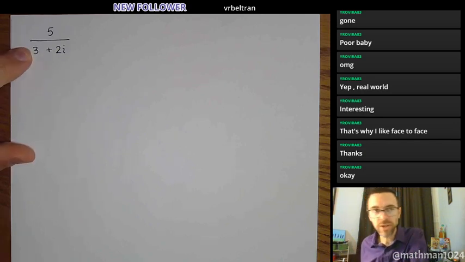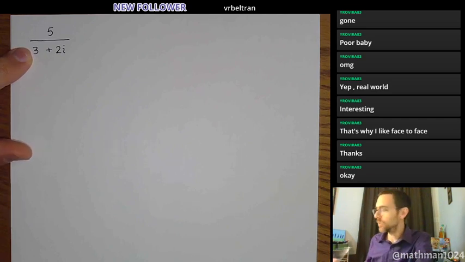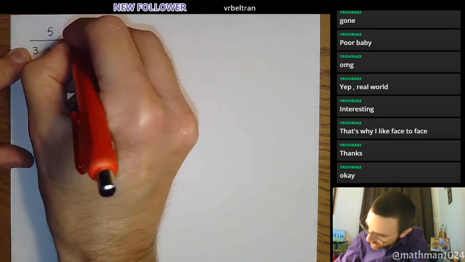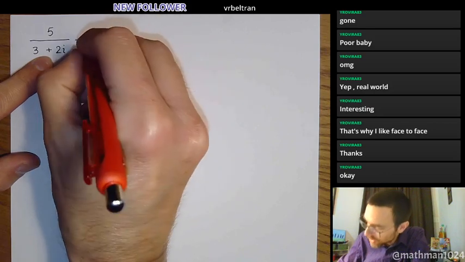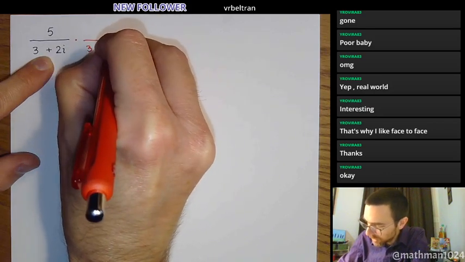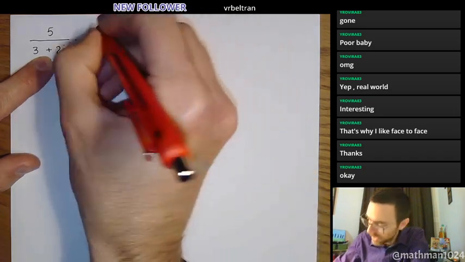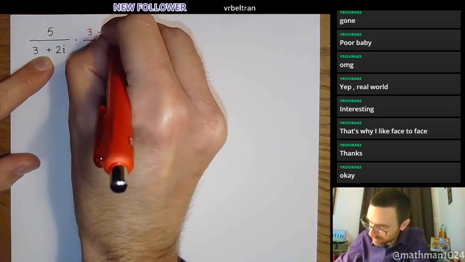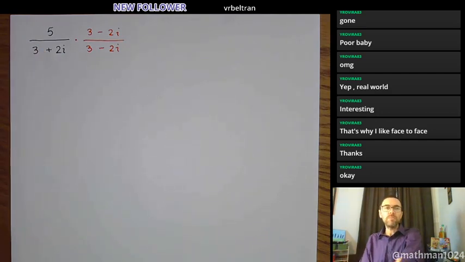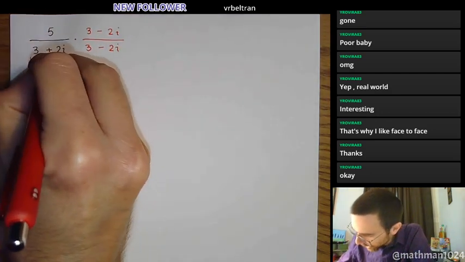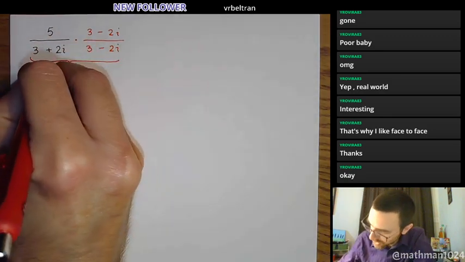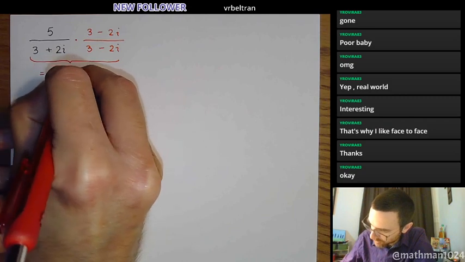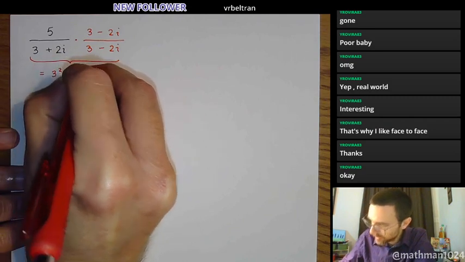We do need to somehow find a way of getting rid of the imaginary number down here. And just using an i is not going to work. Instead, we are going to have to use the conjugate of this denominator. So we're going to have to use 3 minus 2i in both the numerator and denominator. Okay. By using 3 minus 2i, we have the product of conjugates, which is what we just got done talking about. This product of conjugates is going to give us 3 squared plus 2 squared,